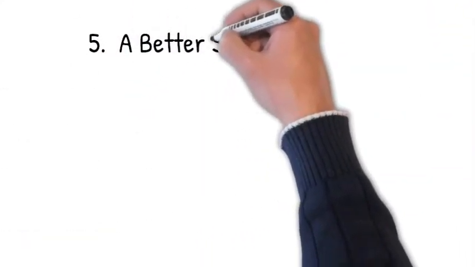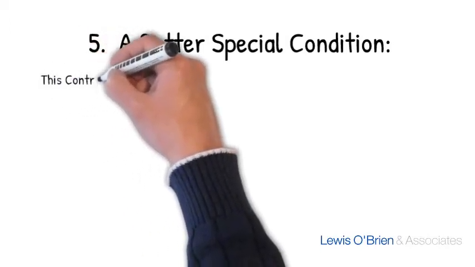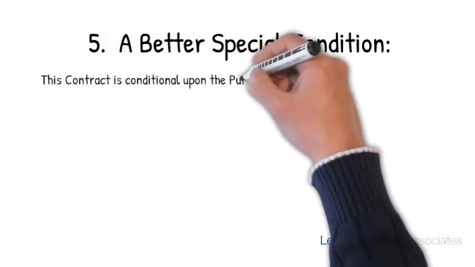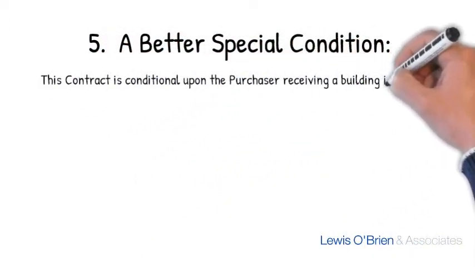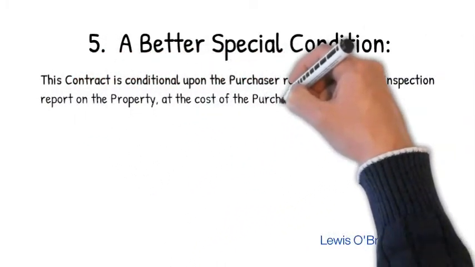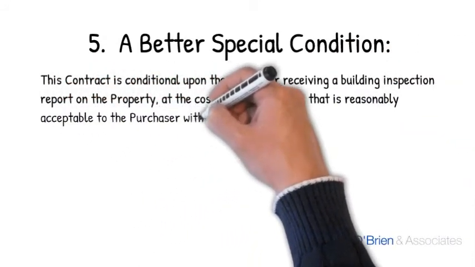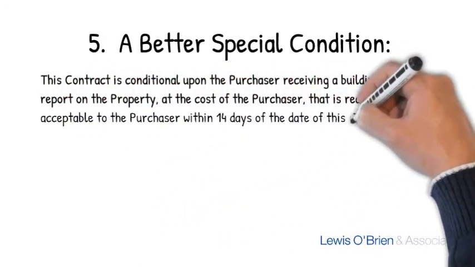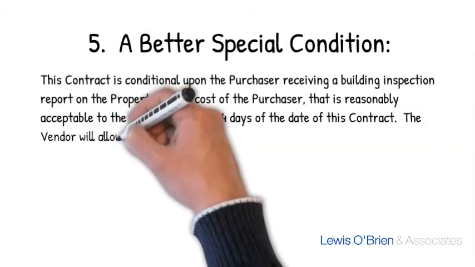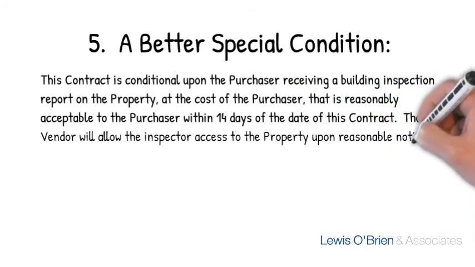I've set out on the screen below a better format of the special condition. And when I say better, I mean more in favour of the purchaser. There's a couple of key points to note. The first is that the building inspection is to be reasonably acceptable to the purchaser. That is, we don't need a material structural defect. We don't need any particular criteria. It's just basically if you as purchaser don't like the results of the inspection, then you're entitled to terminate the